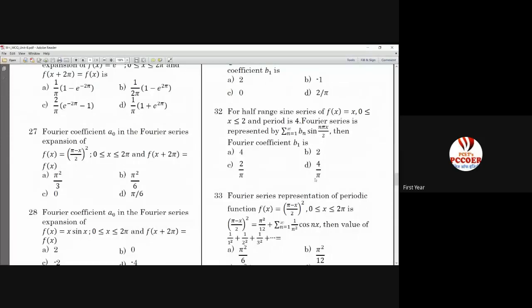Yes. Just see your first expression when you have to do integration. When B1 is asked, if the function is even, then the answer is 0. ठीक है. B1 के वैल्यू 0 होते हैं ना. लेकिन ये हाफ रेंज क्वेश्चन है और इसमें B1 पूछा है, तो you have to go for integration. The formula is 2 by L integration 0 to L x sin pi x by 2 dx. So when you do the first integration, 2 by L, 2 gets cancelled and you get minus as the answer.